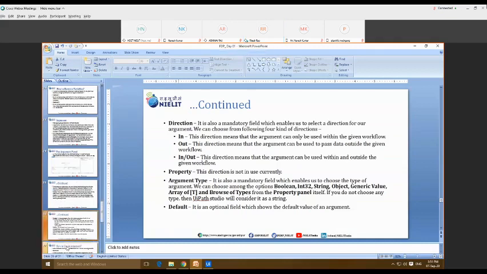Next, tomorrow we'll discuss how we can use this argument with an example. So this is all about today's session. If you have any doubt, then you can ask. Otherwise, today's session is over.